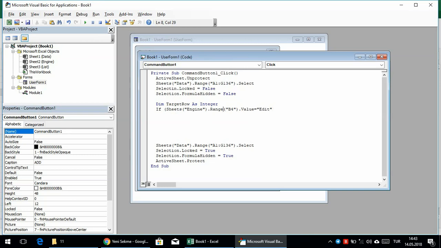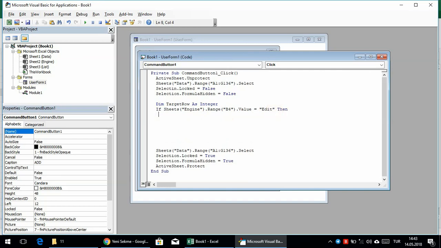Sorry, we don't put parentheses here between before or at the end. We just write here Sheets engine, which means select the engine worksheet and select B4 range in the engine worksheet, and the value of B4, if it is edit, then